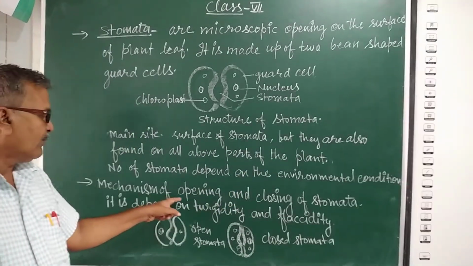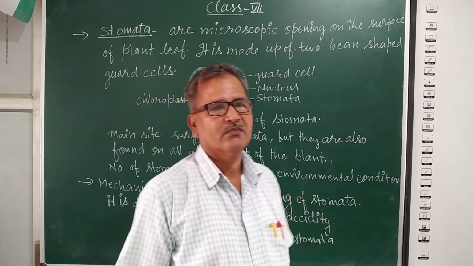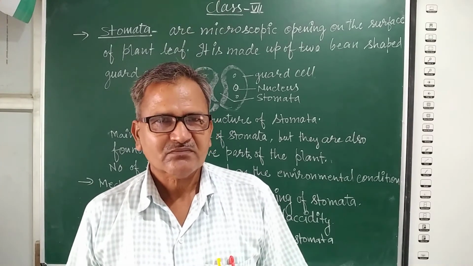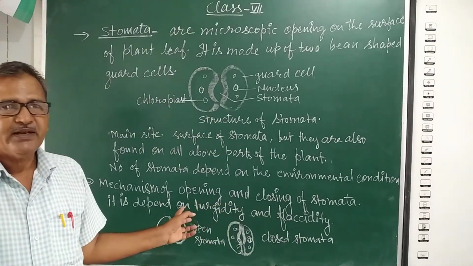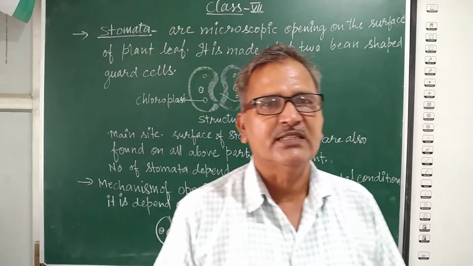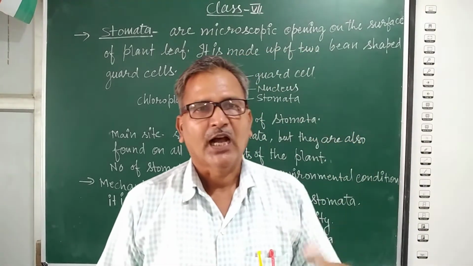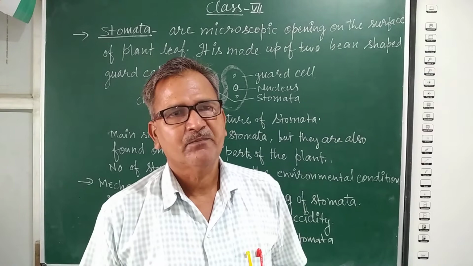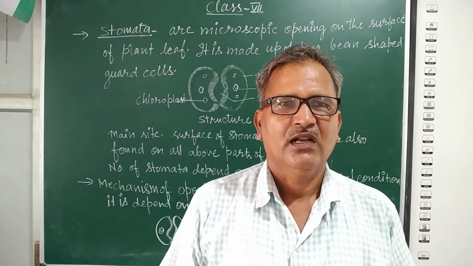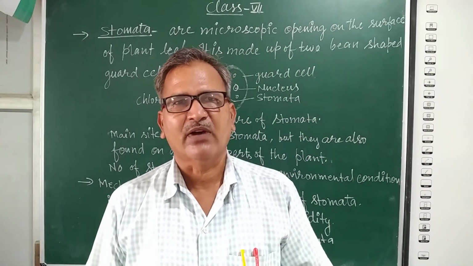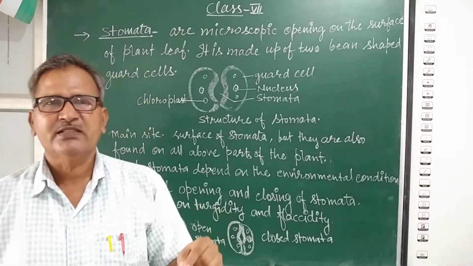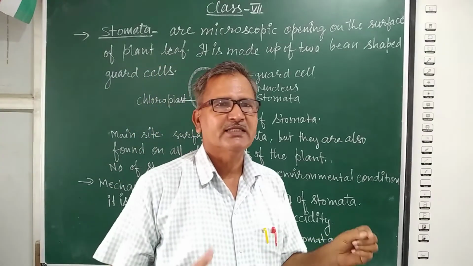Now, the mechanism of opening and closing of stomata. Stomata open and close. The opening and closing of stomata depends on turgidity and flaccidity. I hope all of you understand what turgidity is. Turgidity is the condition of the cell in which a cell cannot accommodate any more water molecules. And flaccidity is the condition of the cell in which water leaks out and the cell contracts in